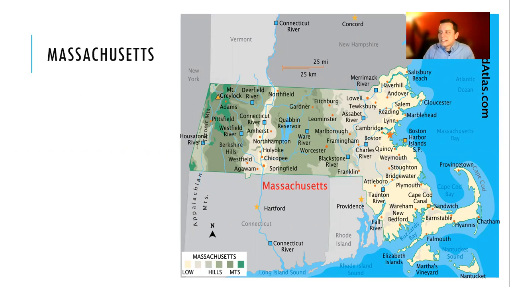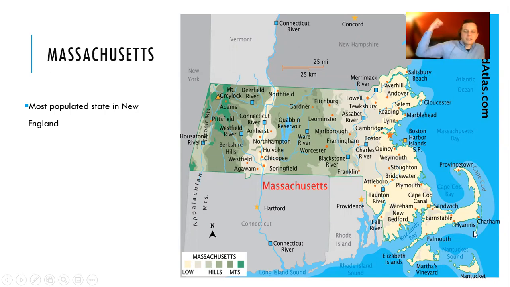So Massachusetts is the most populated state in New England. Out of those 6 states, it's got the most people and the most populated city. And if you look at a map, now you can see it more clearly that we've zoomed in. But this little stick, I guess you could call it a crooked peninsula, is called Cape Cod. And to me, it kind of makes it look like the country wants to fight, like the states that are doing that wants to fight.